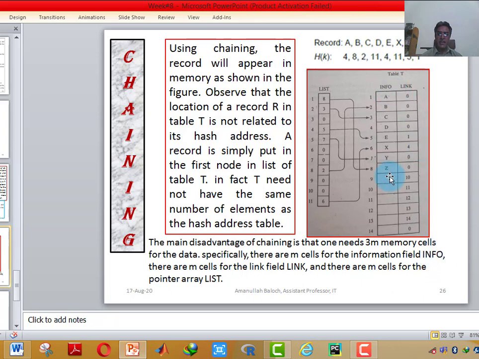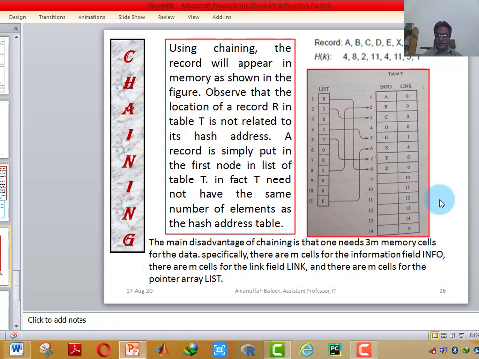The information field contains m, that is 14 or 15 memory locations. There are n cells for the link field. This is the link field. It is also 14 memory locations. Information 14, link 14, and there are n cells for the pointer array list. There are also n cells, or 11 cells.